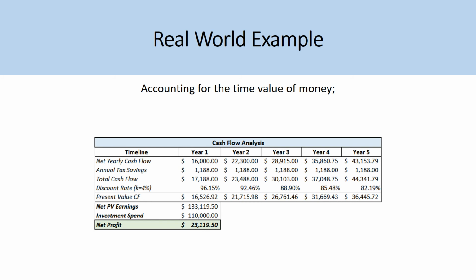So it's now the net present value earnings of $133,000, accounting for the investment spend of $110,000, assuming that we've taken out that loan today. The present value of that loan is what we've taken out, right, of $110,000. The difference, and really the profit that we walk away from after the 5 years, simply by making that investment, increasing the value added and increasing the cash flow of the property, and then reaping the rewards after 5 years, is